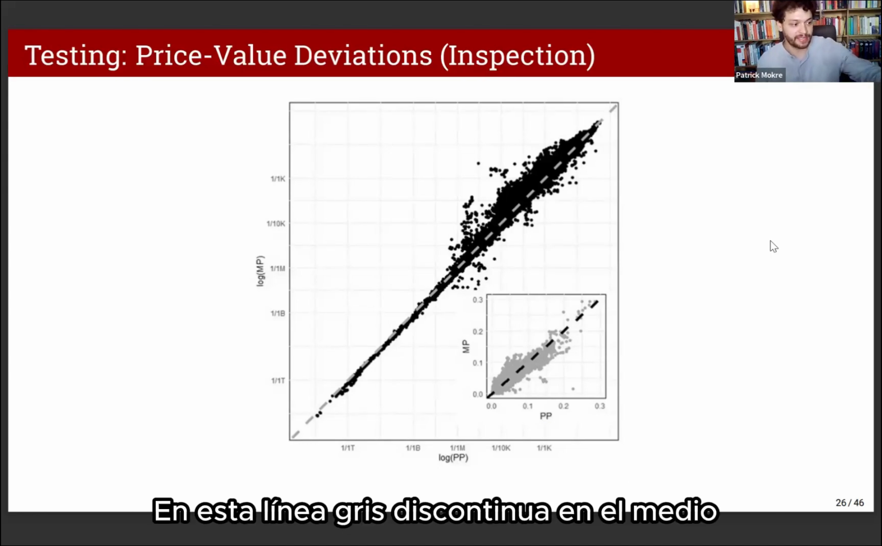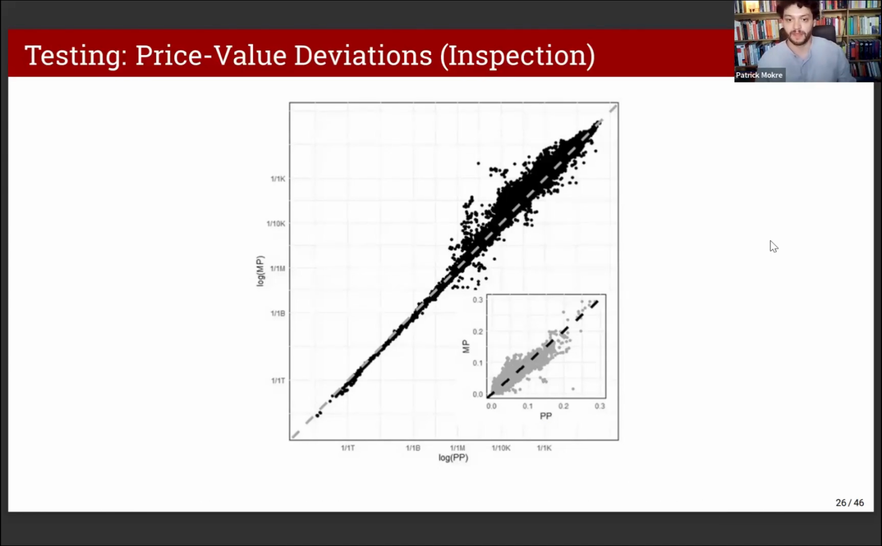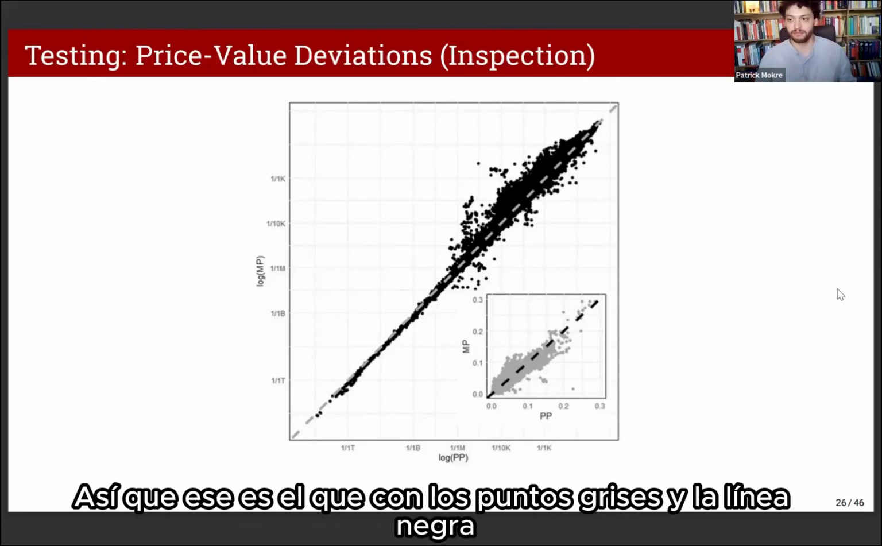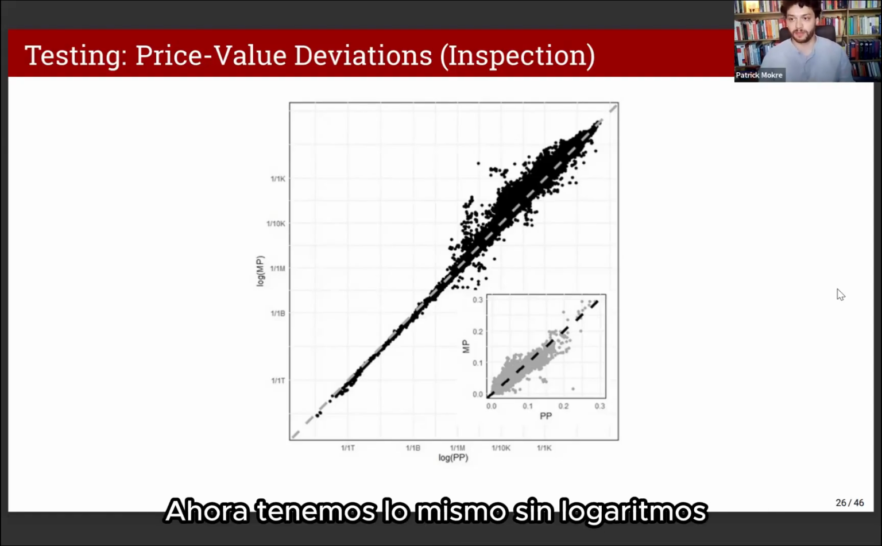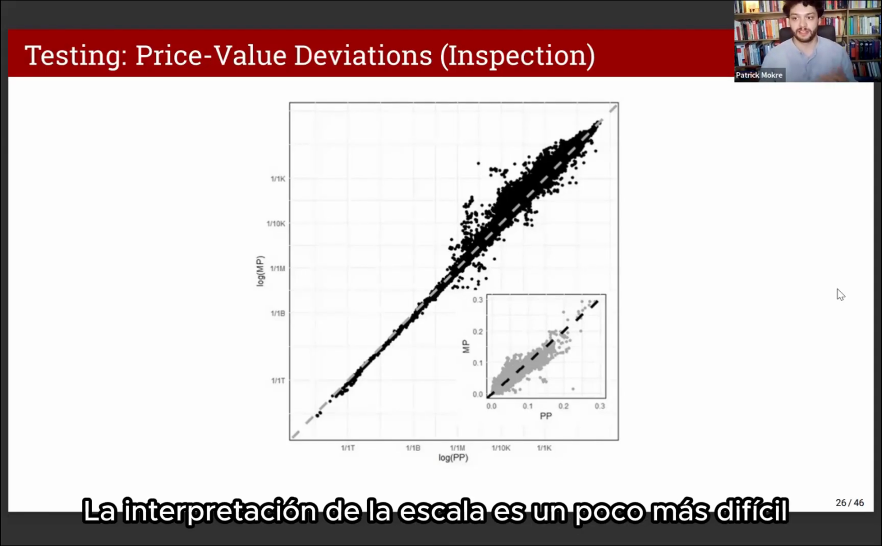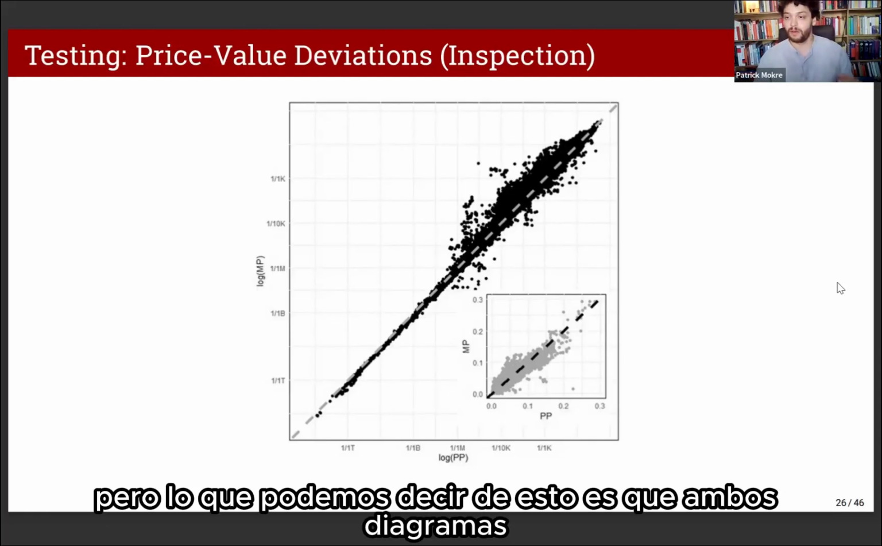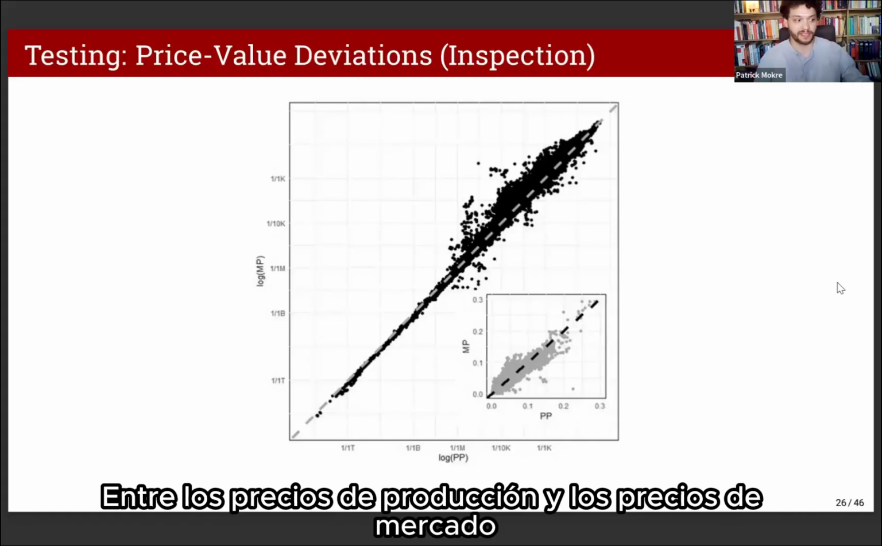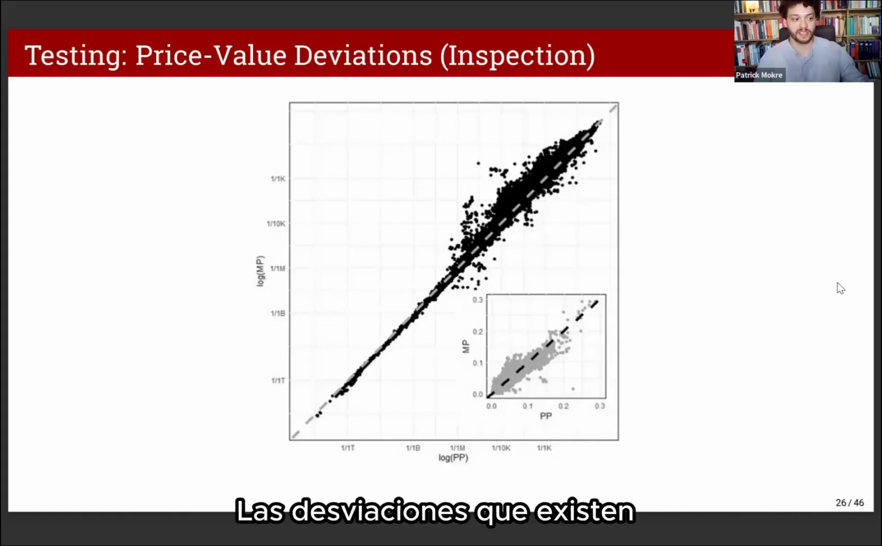On this gray dashed line in the middle. And in the inlay graph, so that's the one with the gray dots and the black line, we have the same without logarithms, but that makes the interpretation of the scale a bit more difficult. But what we can say from this is that both of these diagrams point towards a meaningful relationship between production prices and market prices. The deviations, they exist, but